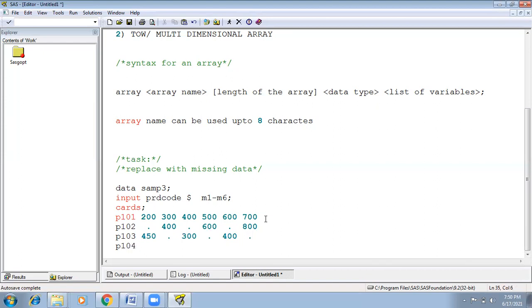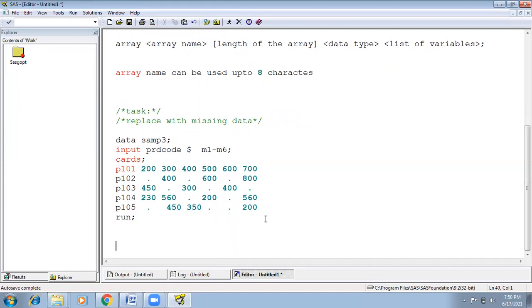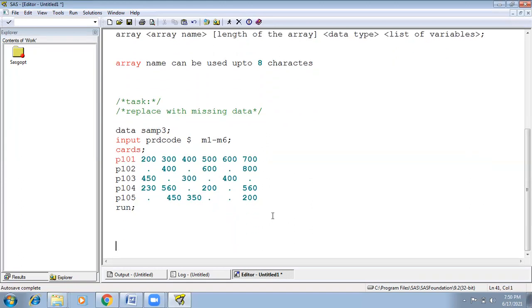P102 230 560 dot 200 dot 560. P105 dot 450 350 dot 200 and run. So in total there are 5 records with missing data. Right?